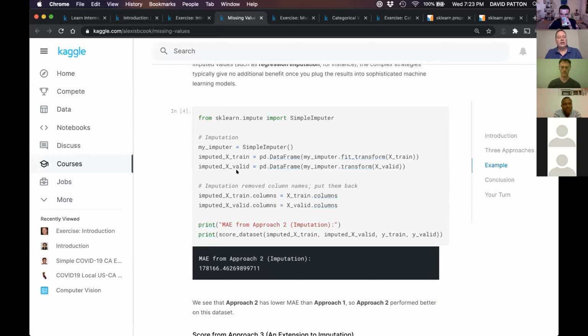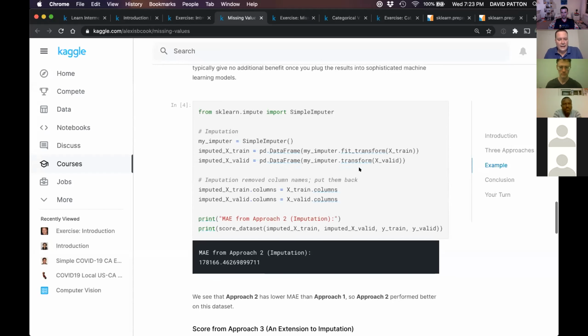However, on the validation data, we're not going to fit, because that represents a form of data leakage, which we'll cover later in this course. Instead, we're going to do just the transform. In this case it doesn't make a lot of difference, but it can, because we're using the mean of the values in the training data to calculate the missing values for the validation, the unseen data. So this is how you would do that.